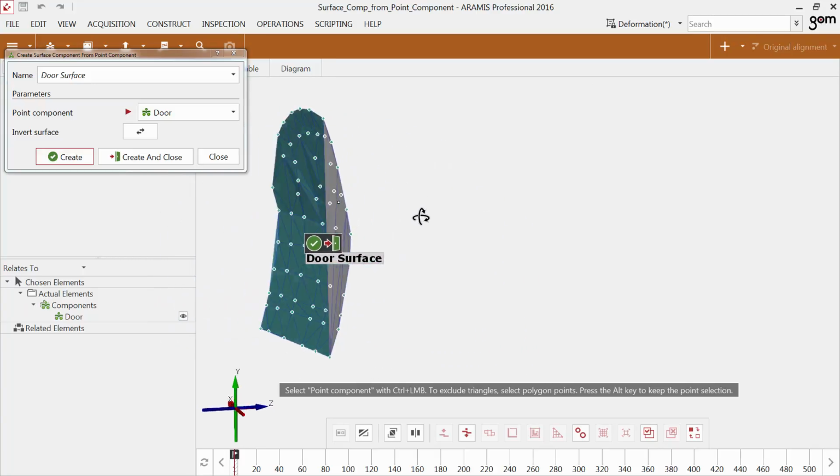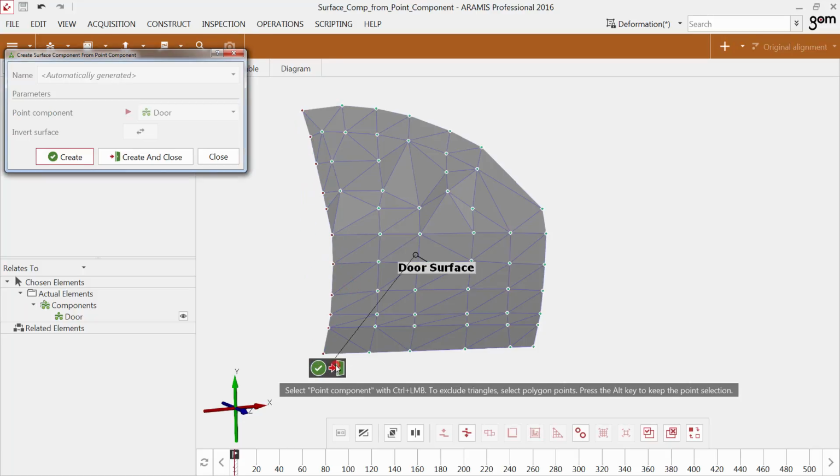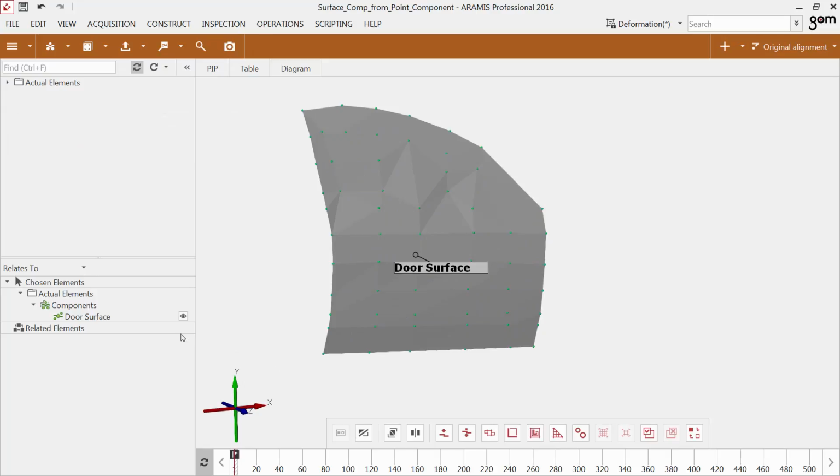If the surface contains areas which are not of interest, select these by a Select through Surface. As soon as you select all edge points of a triangle, the triangle is deleted. In the Explorer, the new surface component is named like the point component with the extension Surface, unless you renamed